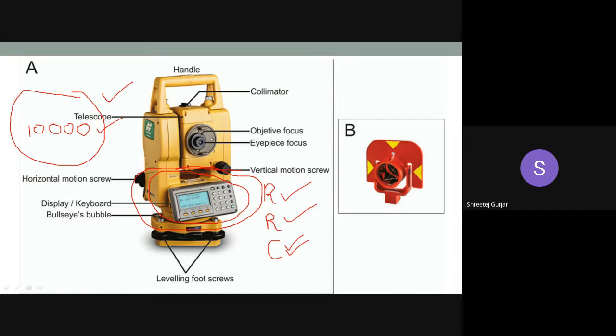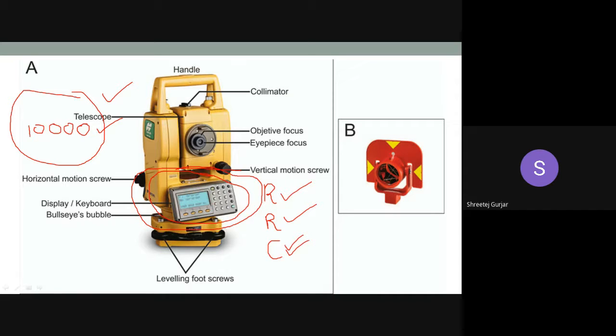So that the provision is given. Also, you can attach a pen drive in some modern total stations. A pen drive can also be attached, and your data can be transferred to the pen drive, right? So this particular instrument is very useful and very easy to use, right? That data can directly be transferred to AutoCAD, and the plot can be easily got. Okay, so these are a few advantages.